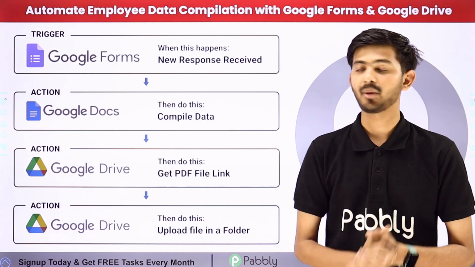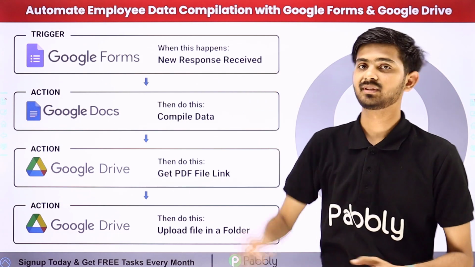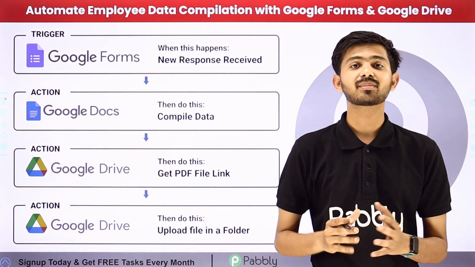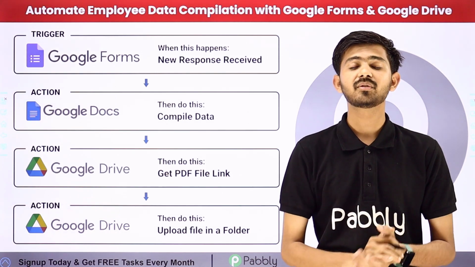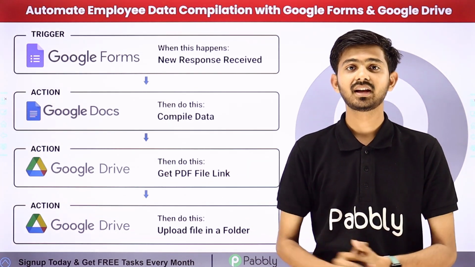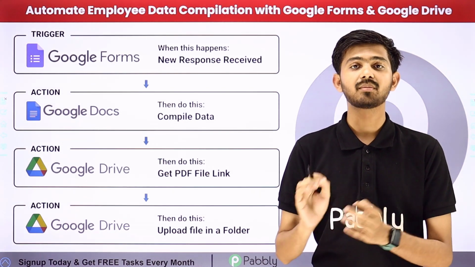Hello everyone, today our topic is how to automate employee data compilation with Google Forms and Google Drive. So I'm an HR and I want to automate this process of compiling data of all my employees. For that, I have created a Google form from which I'm getting the details of all my employees. So whenever I'm going to receive a new form submission, then automatically I'm going to capture that form submission details